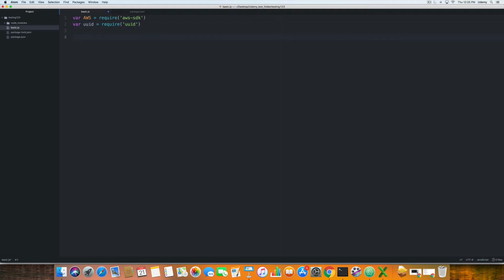So the next thing that we want to do is add in a config, an AWS config. This is basically setting the configuration for our services that we're going to use. We are going to set the region at US East 1. Make sure you add in the comma there. Then we're going to add in the access key ID,